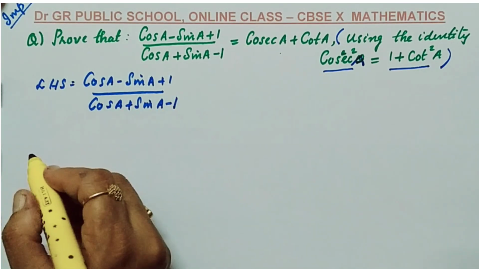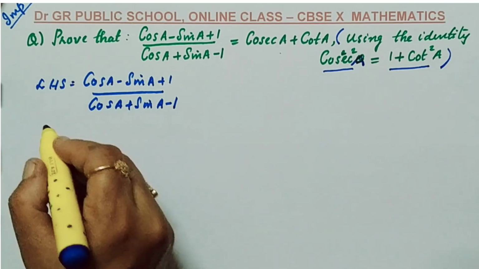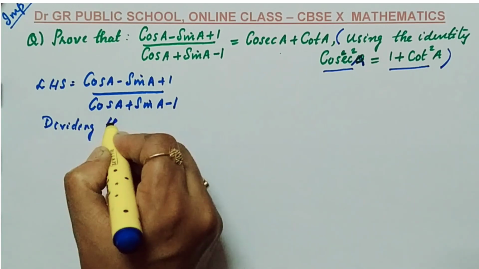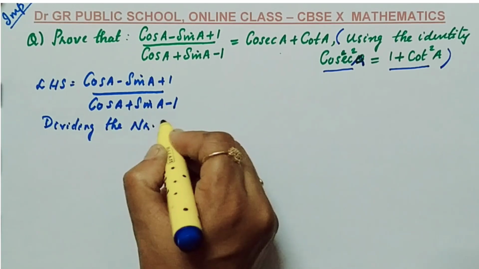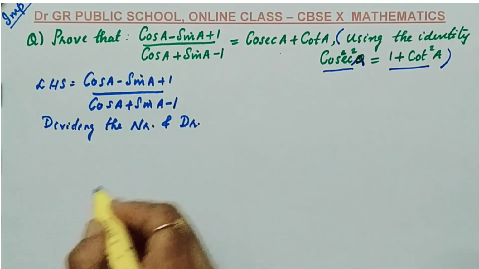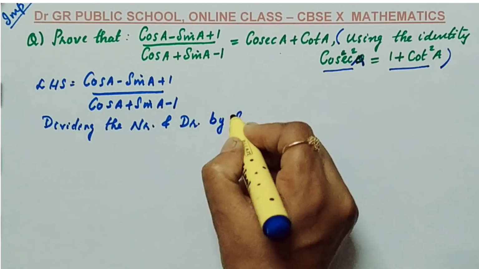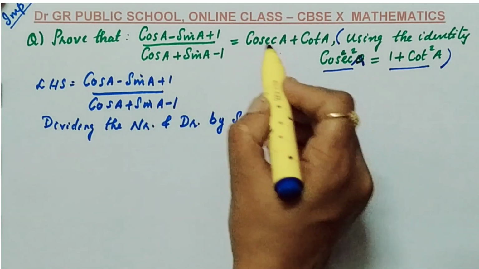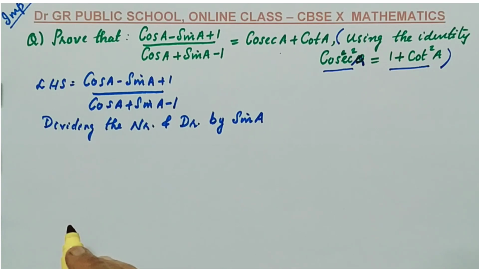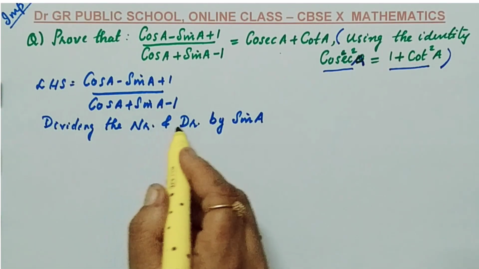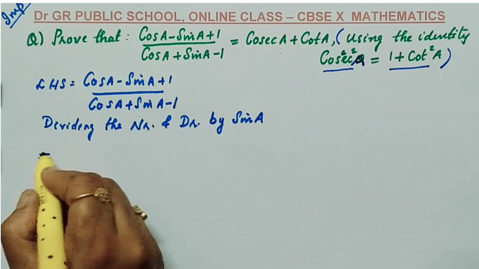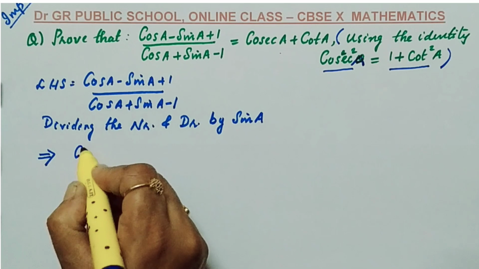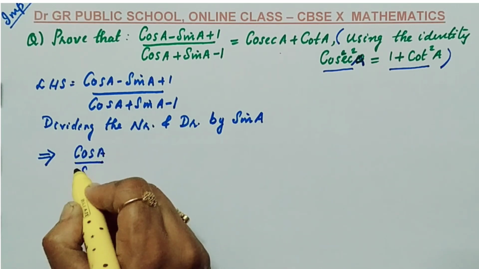To get cosec A plus cot A, the first step is dividing the numerator and denominator, both, by sin A. How can you identify this? 1 by sin A gives cosec A. That is why we need to divide with sin A. I am going to divide the numerator and denominator by sin A, which means each term you need to divide. In the numerator I am going to divide cos A by sin A